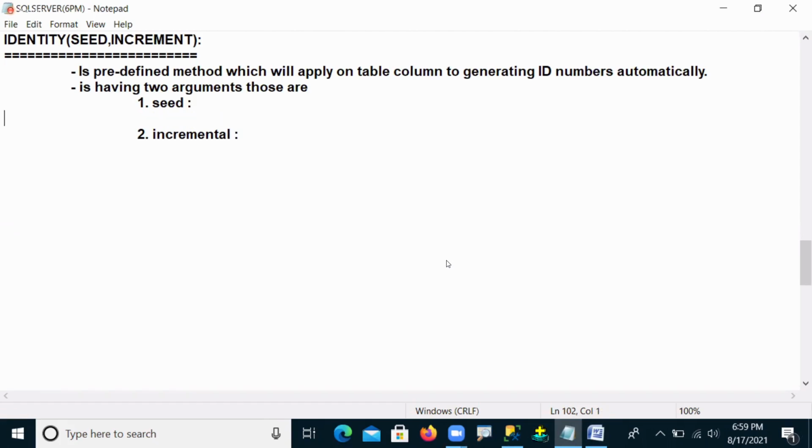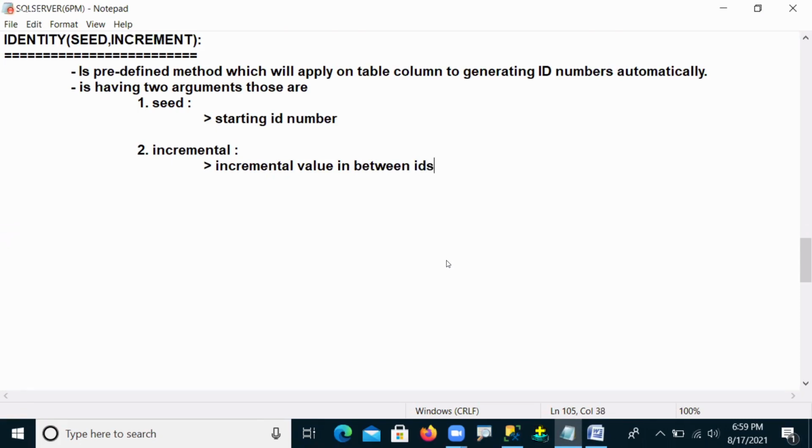Now what is seed? Seed tells us the starting ID number, so from which ID you want to generate your ID numbers, that is told by the seed. Incremental tells us the incremental value in between IDs.